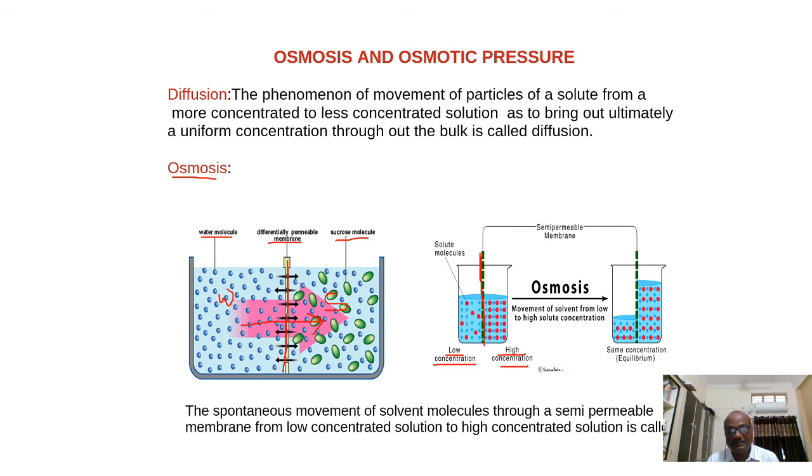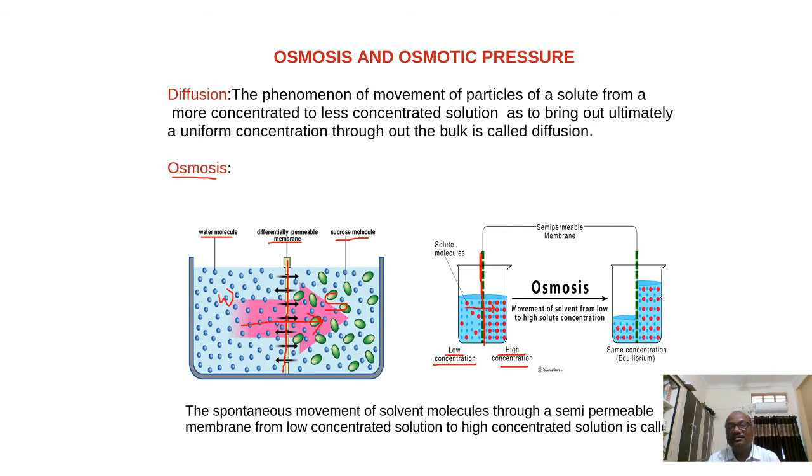So the low concentrated solution and high concentrated solution, both of them are separated by a semi-permeable membrane. So under these conditions, what happened? The molecules of solvent now move from low concentration region to high concentration region through the semi-permeable membrane. Means the molecules of solvent which are present in low concentration will move towards a high concentrated region in this direction again.